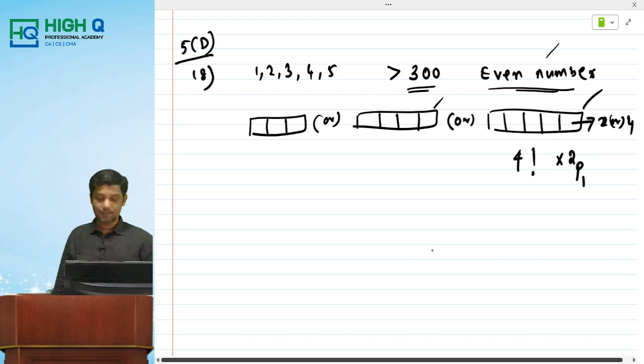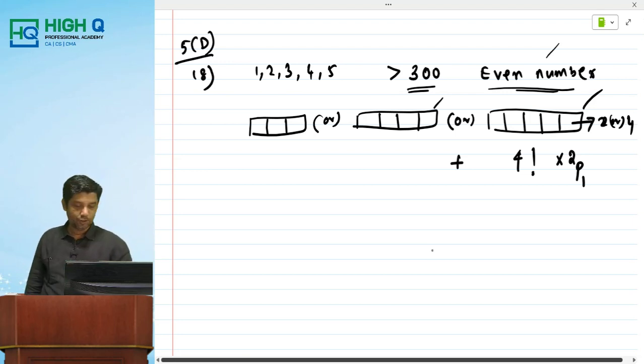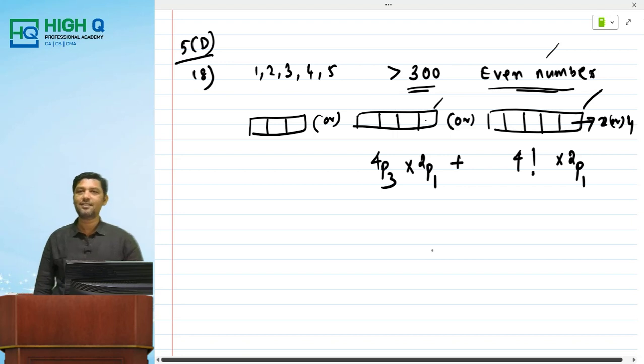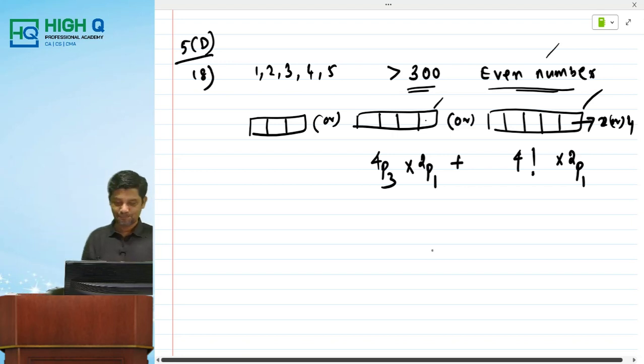Am I right, my dear? Plus 4 digit number. Last digit must be what? So, same way, 2p1. Am I right, my dear? And remaining how many digits to be arranged? How many are available? So, in how many ways? Fantastic. Am I right, my dear? Or